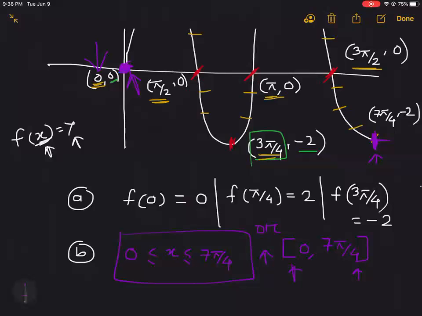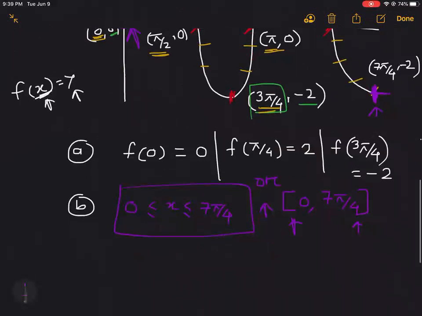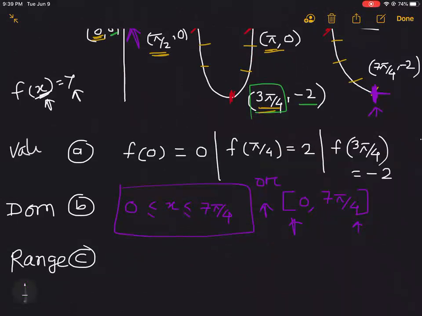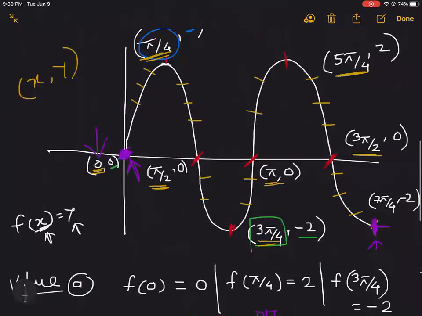Okay, that's the domain. Now, what could be the range? This could be tricky. Okay, but you can also eyeball that. You don't need to go for any explicit calculation. So if I say what's the domain, let me write it here. That's your domain. That's your range, and that's values, functional values. Okay. Now, if we just eyeball it,